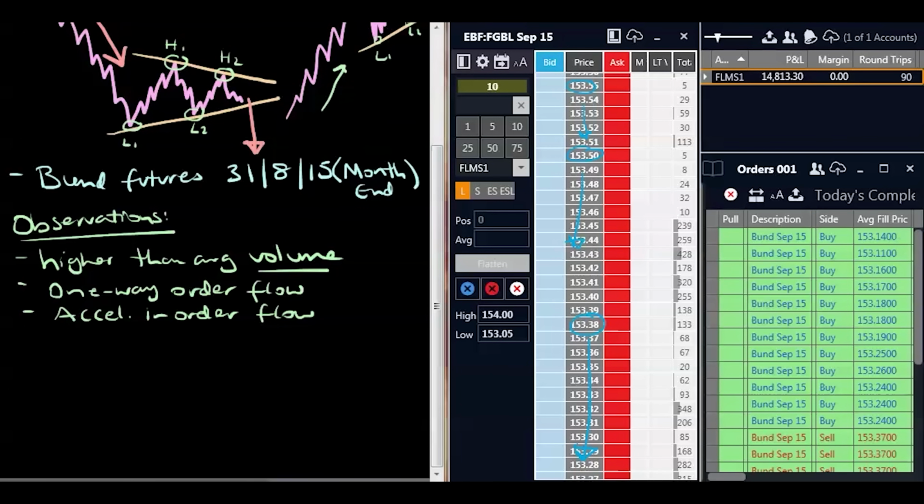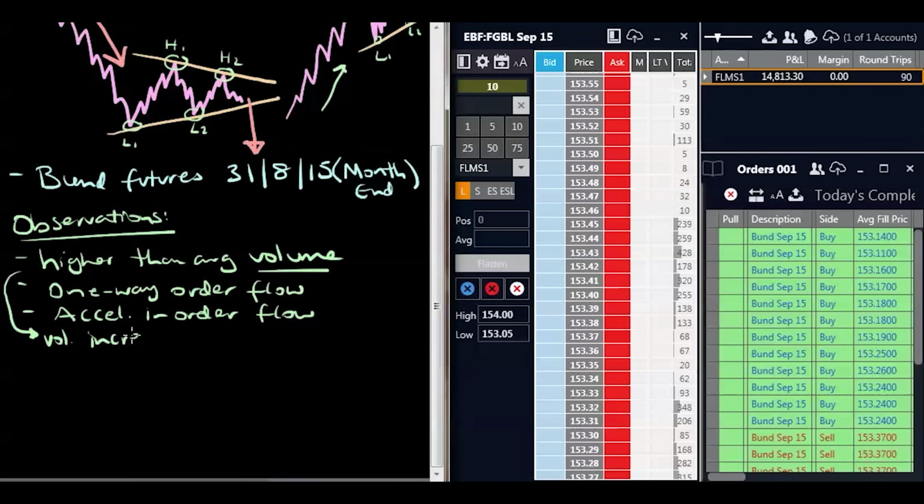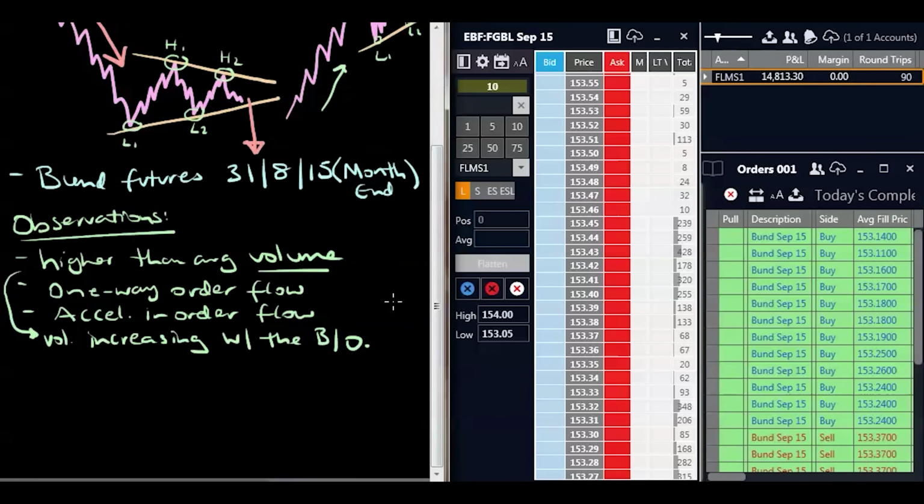So part of this, I know this is higher than average volume, but actually when you're seeing a trend-like move, something that fits in with this is volume increasing with the break. That's with the breakout. Very, very key and very important part of what you're doing. Now, obviously,